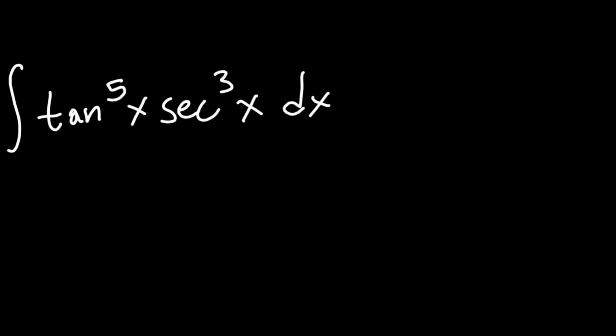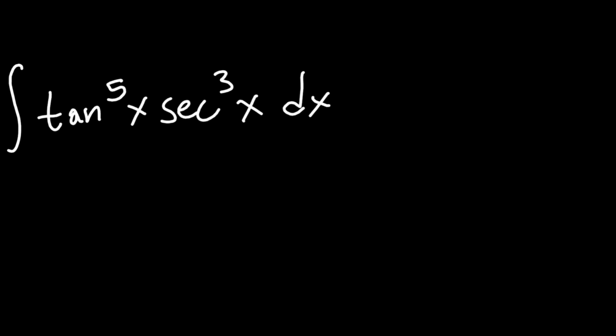Okay, so for this integral, we have a tangent to the 5th, which we don't normally see, and a secant to the 3rd, which we also don't normally see. So usually we're going to try to break things down into things that we know and that we can manipulate easily. Things that we can manipulate easily would be like a tangent, a secant, but also a tangent squared, a secant squared,